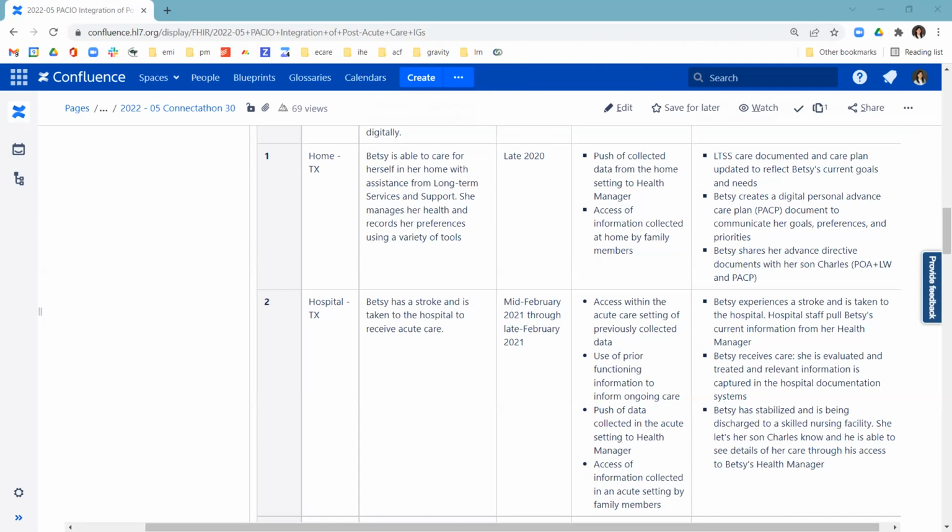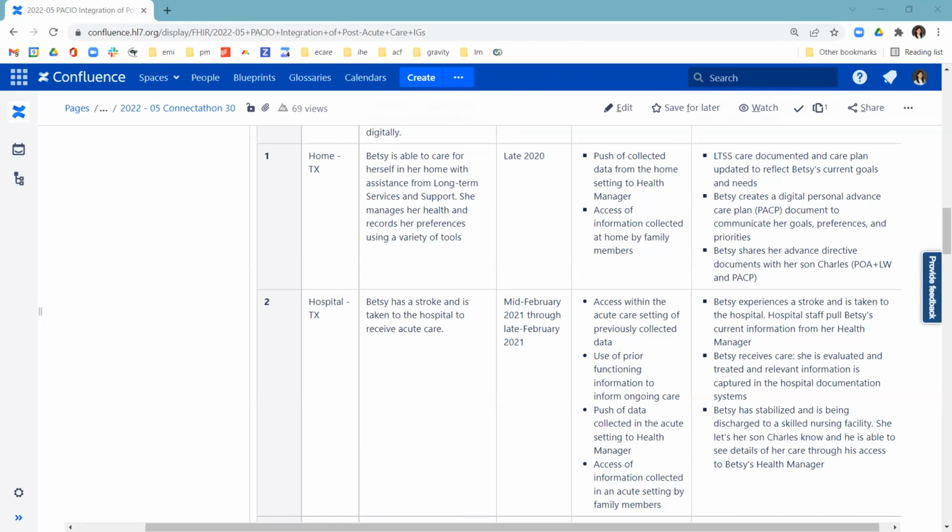Yeah, so as the patient goes through each of these scenes, all of this information gets sent and stored in the standard patient health record. And so each of those is able then to query and get the information that they need, and see what has happened in the past.